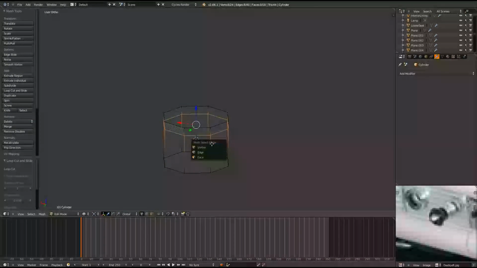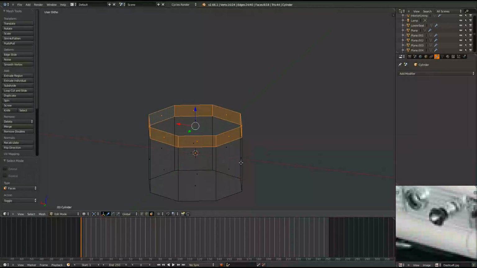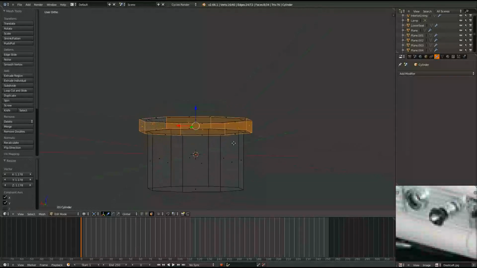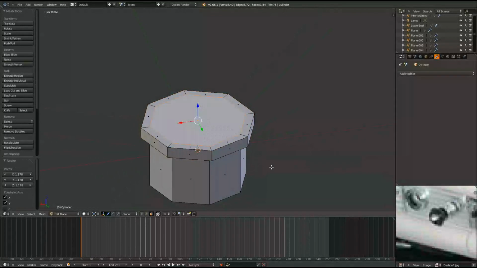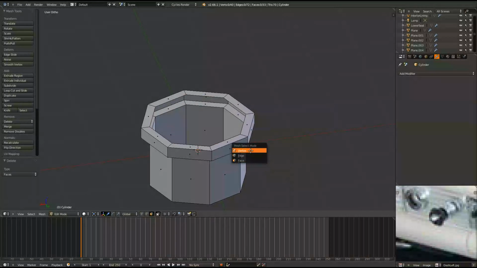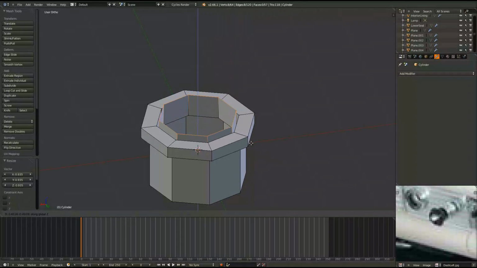Throw in a loop cut there. We're just giving it a bit of a lip up here. So hit E to extrude and then just scale that up. Hold down Shift Z to keep it from scaling along the Z axis. Then let's bring this, scale this in. Actually, let's delete this top face. Then take these top vertices here, scale them in, bring them down along the Z, scale them in again, bring them up along the Z again, and this part